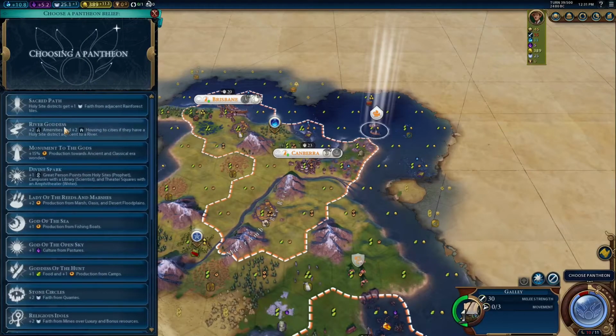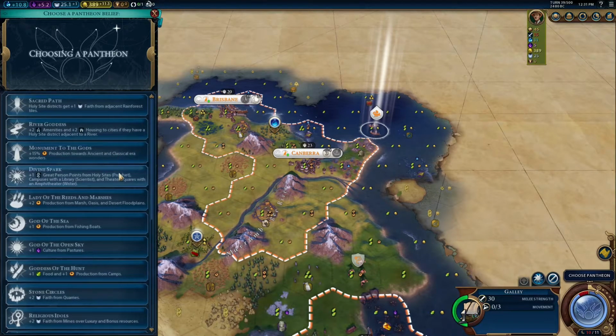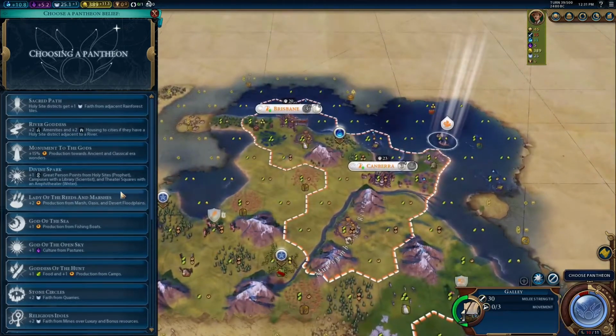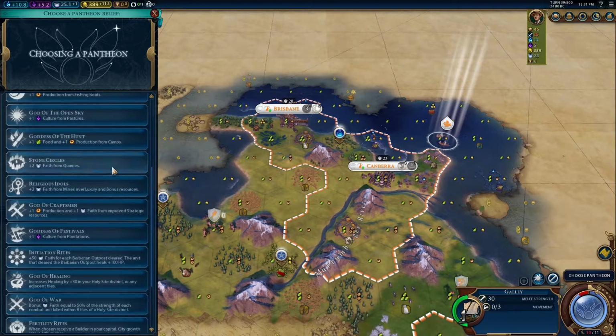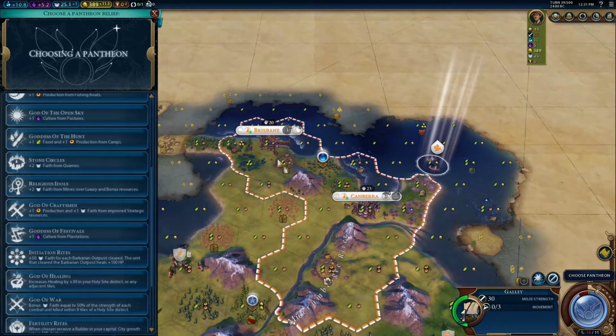There's our Pantheon. We can't get the Settler Pantheon. That would obviously be the best one. Divine Spark is really good. It does give me more towards scientists. Let's see, Marsh, Oasis, and Desert Floodplains. We don't have any of that, so Lady of the Reeds and Marshes is out. +1 culture from pastures could be good. How many pastures will I have? I'll have 1, 2, 3,